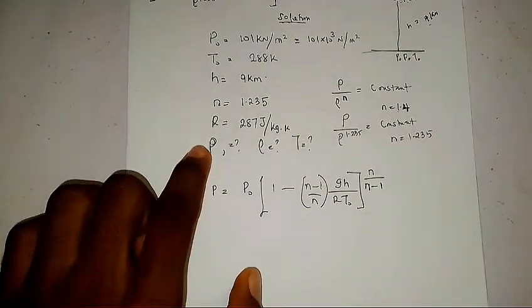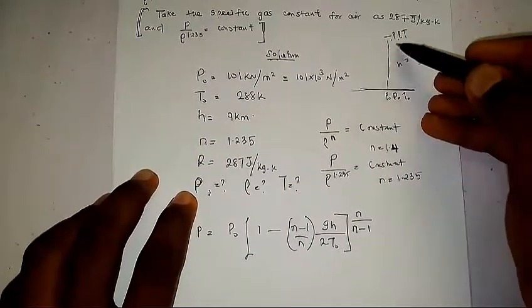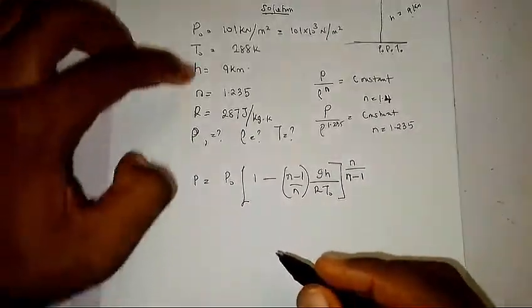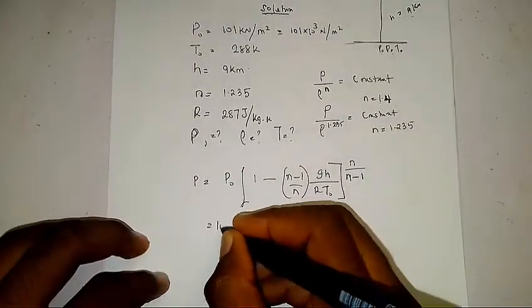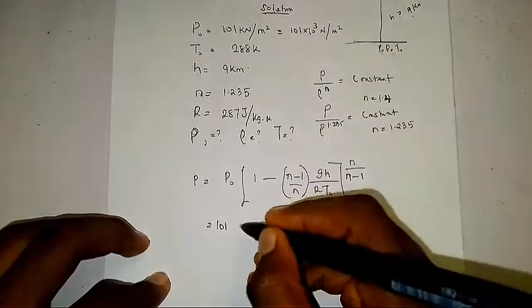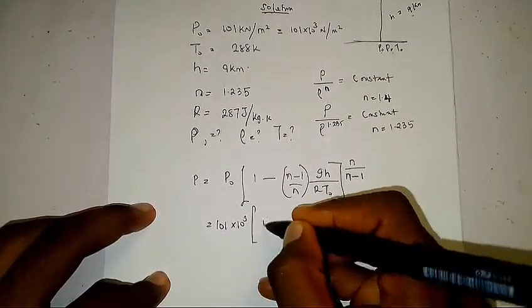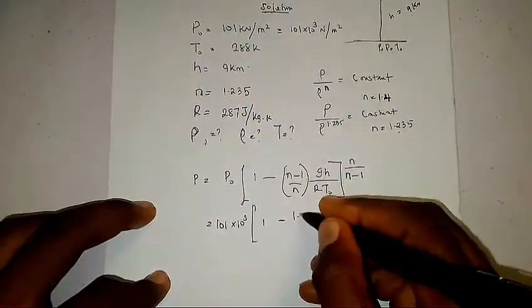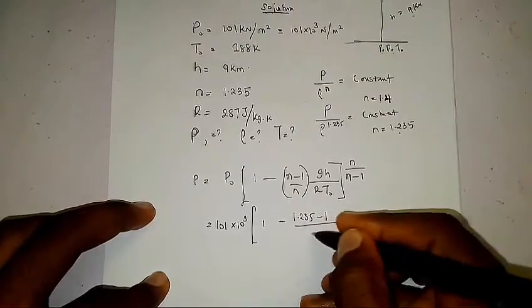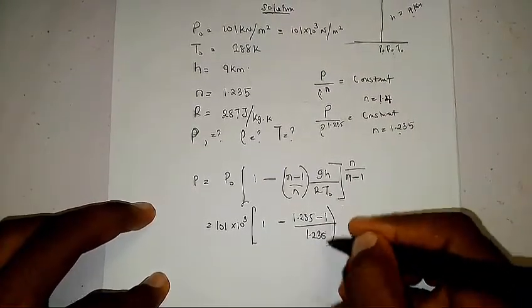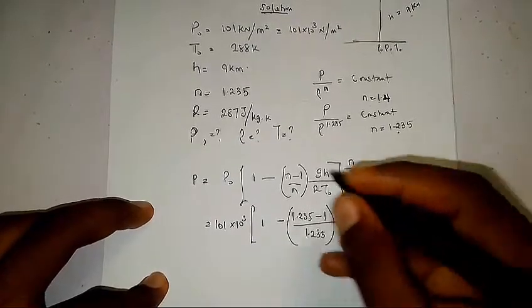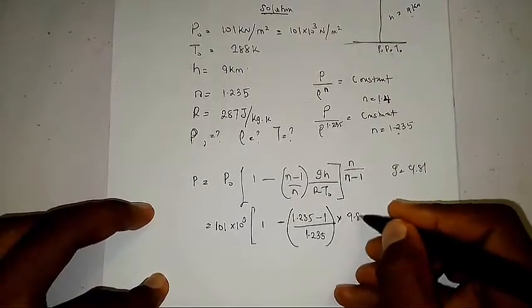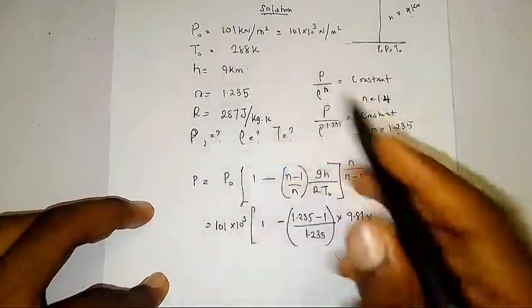They asked us to find my pressure at this height. They gave me my initial pressure, initial density, and initial temperature. So now let's solve. My initial pressure here is 101 times 10 raised to the power 3, open brackets, 1 minus, my polytropic constant, 1.235 minus 1 divided by 1.235, right? Then times my gravitational constant, don't forget g is 9.81. So this is 9.81 times my height given,